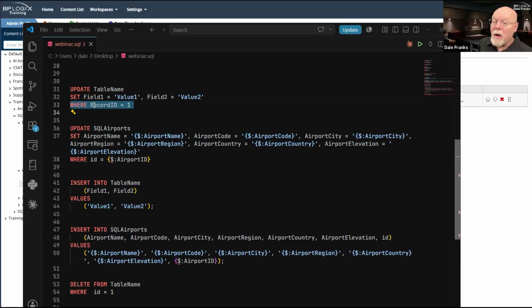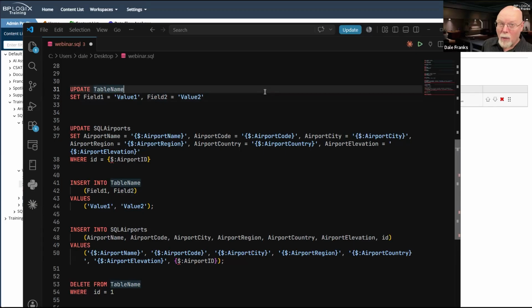And it's a very, very important phrase because if the phrase does not exist, this is a valid update command too. And if I run this command, it is going to set the value of every single record in the table of field 1 to value 1 and field 2 to value 2.